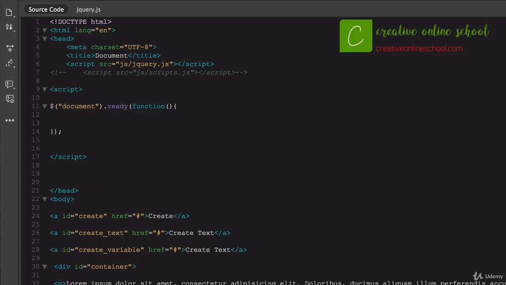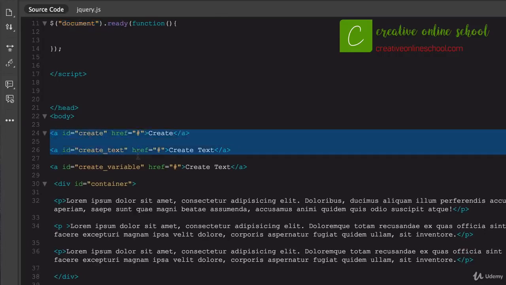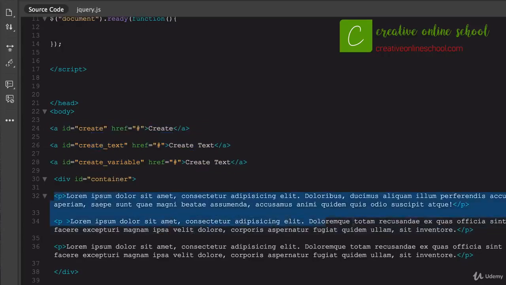the whole time. What I've done is created a document, and we have our basic jQuery that we always link to, the basic opening document ready function, which we always use. Down in my body area here, within the body of the page, I've created 3 links. They say create, create text, and create variable, with different IDs. These IDs are what we will be targeting from the jQuery. So all that I have down here targeting these 3 paragraphs is what we'll be using, and all